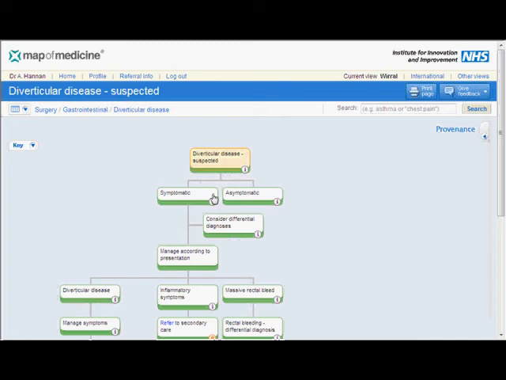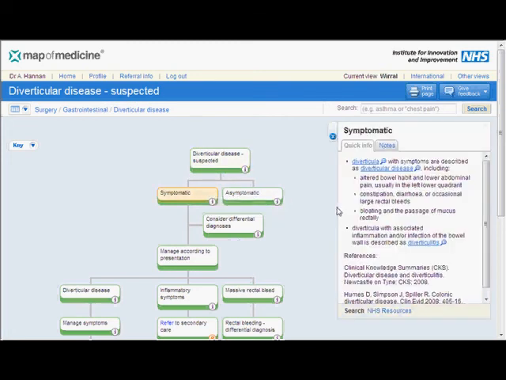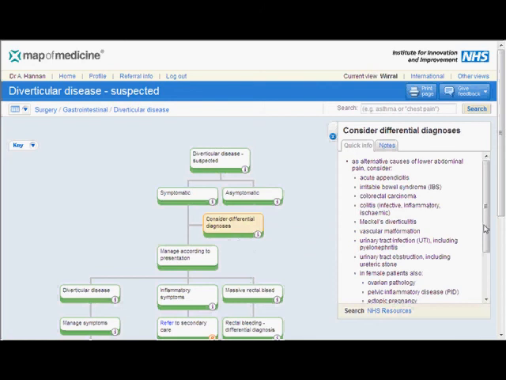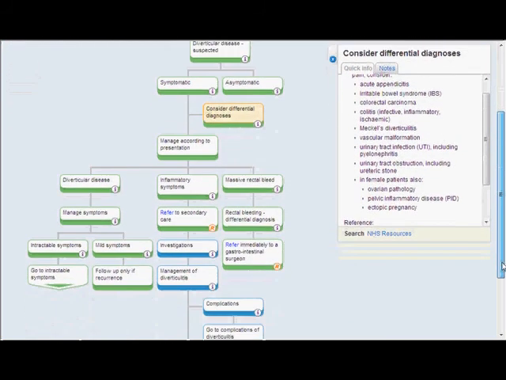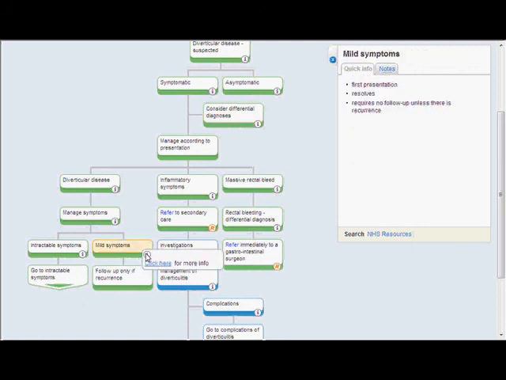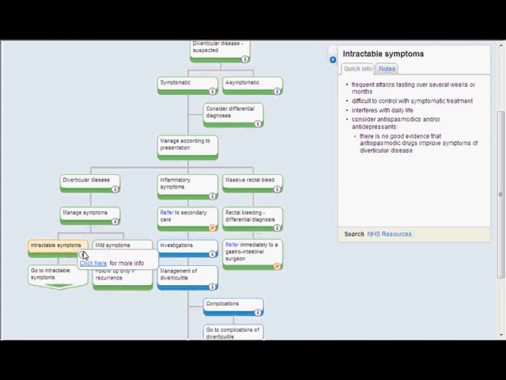So here it's symptomatic or asymptomatic. Look at considering differential diagnosis, and look how quick and easy it is for me to think about other conditions managed according to presentation: diverticular disease, inflammatory symptoms or massive rectal bleed, manage symptoms, intractable symptoms, go to intractable symptoms, mild symptoms. Again, I can look at what mild symptoms are, what intractable is, click on intractable symptoms,